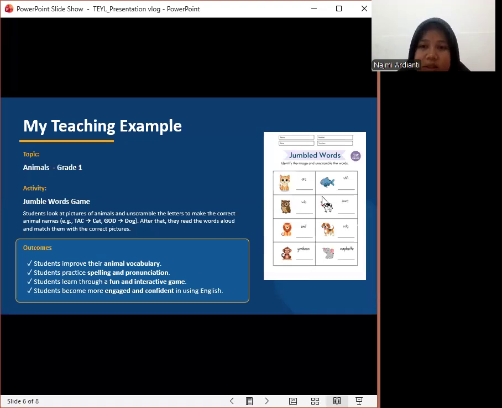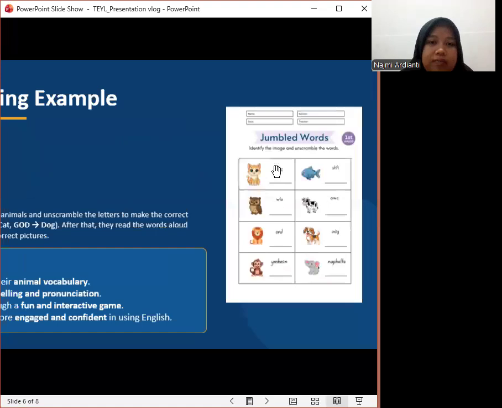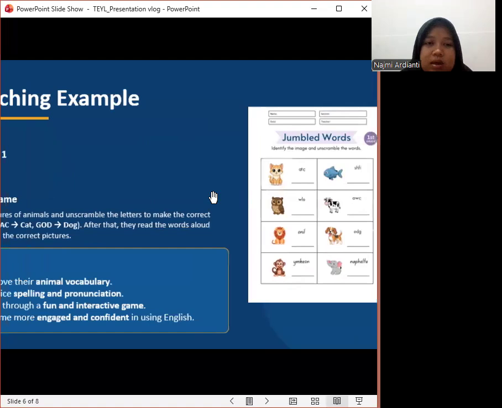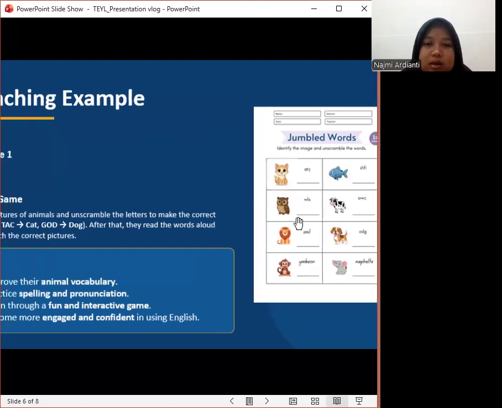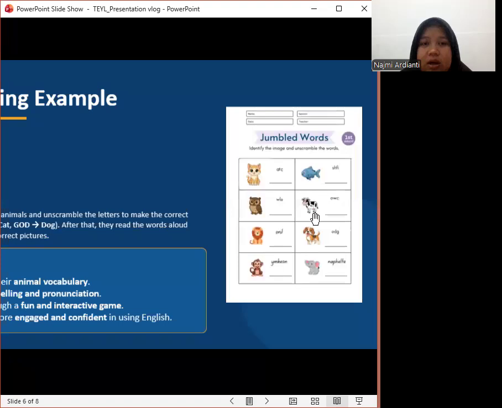Then they unscramble jumbled letters to form the correct animal names. For example, C A T becomes cat, and also S H F I becomes fish, like that.